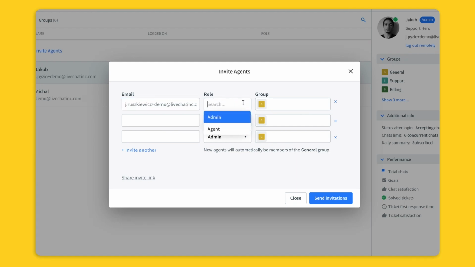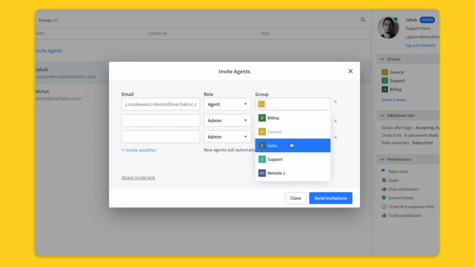A regular agent role, for teammates focused on handling chats who don't need to or shouldn't have access to all the features in LiveChat. There is also the admin role, which has full access to all features. We recommend setting it only for specific members of the team, as they will be able to change all settings on your LiveChat license. Here, you can also assign agents to a particular group, which brings us to the group